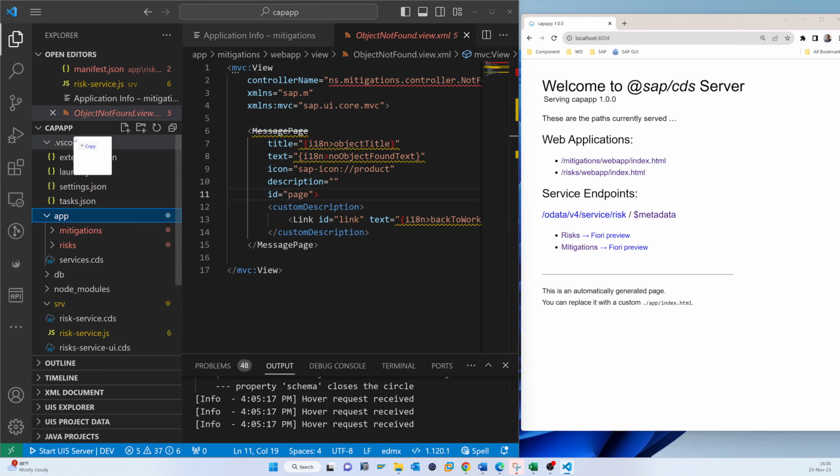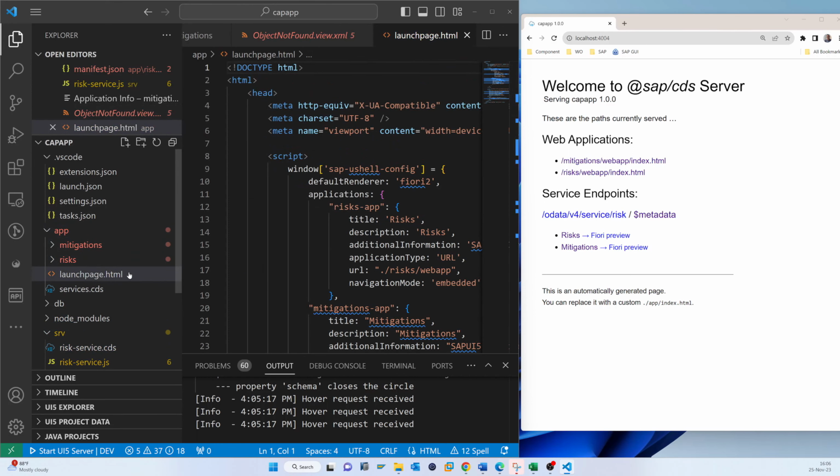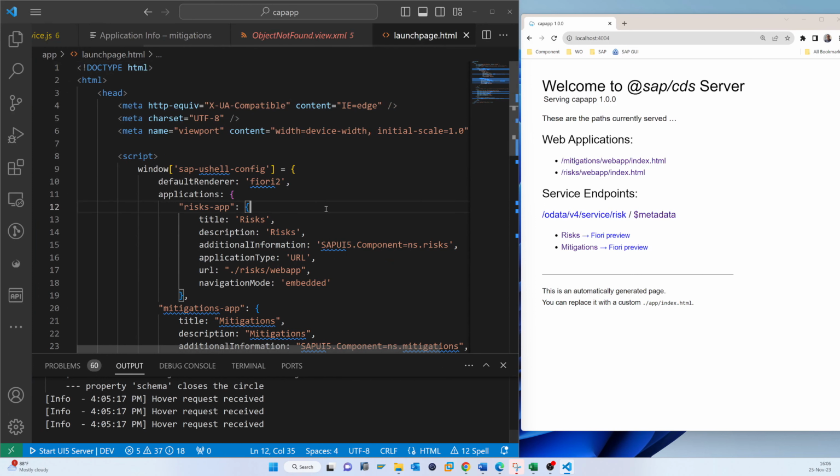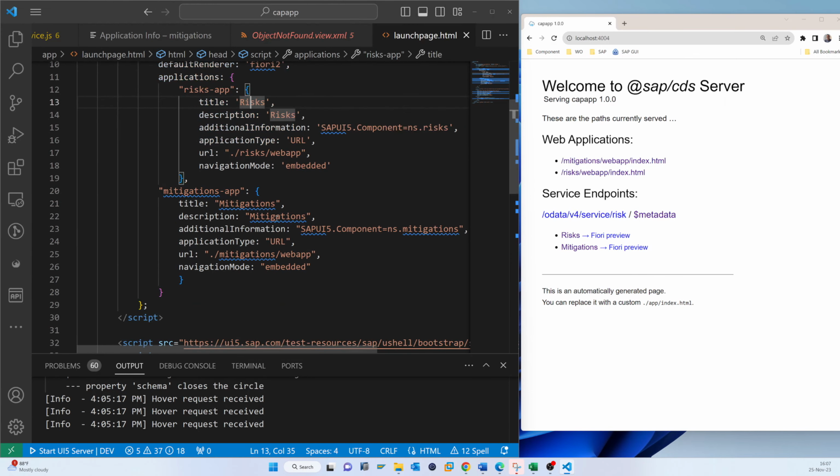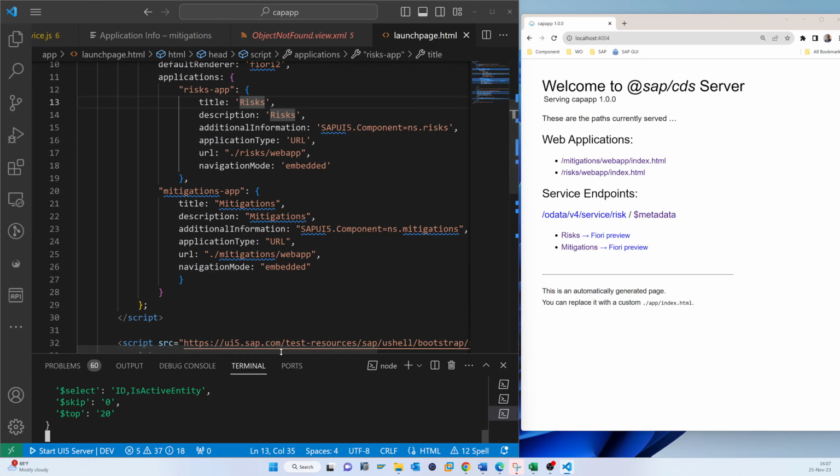So that is the Launchpad. I'm just copying and pasting here. So that will look like the real one. And you can see those are the applications, one is risks and another is the mitigation app. So yeah, now if we go to that,